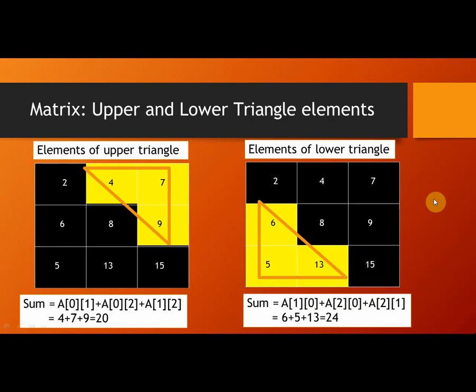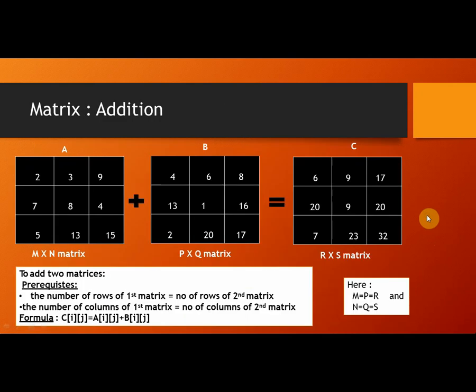So what else can be performed? Like addition of the upper triangle elements of a matrix, in this manner, what you can see on the left hand side of the screen, or another would be the lower triangle, what you can see on the right hand side. So you can perform addition of the elements on the upper triangle or lower triangle, and it's very simple using a two-dimensional array. The next thing you can perform is addition of two different matrices.